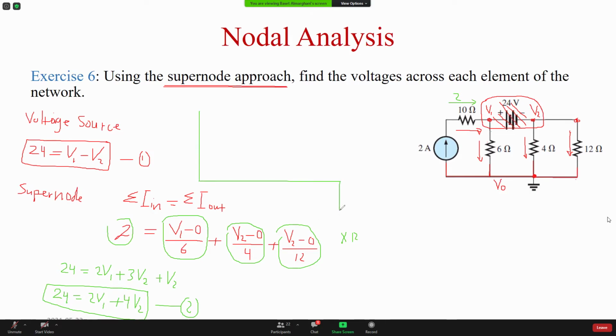Now these are the 2 equations. I'm going to solve them. So you find the 2 equations first, then we're going to solve them. Is finding the equation using the supernode okay here because I have a voltage source between 2 nodes? Yes, sir. Okay. So the 2 equations,